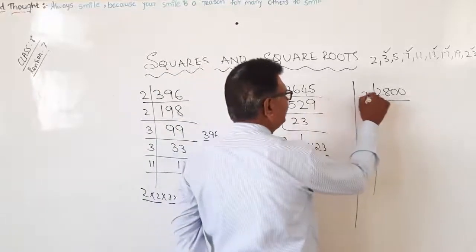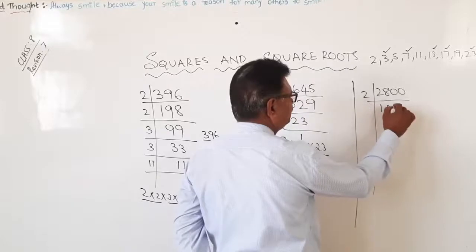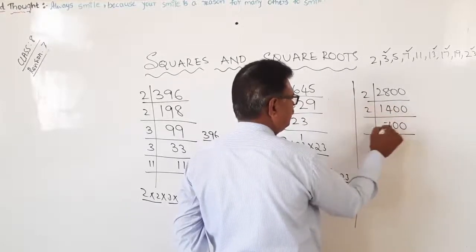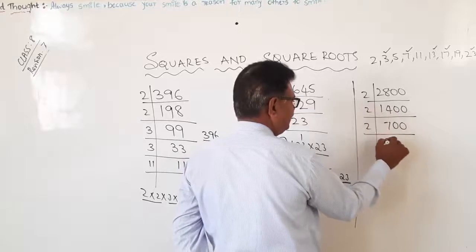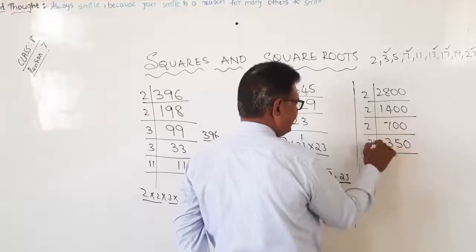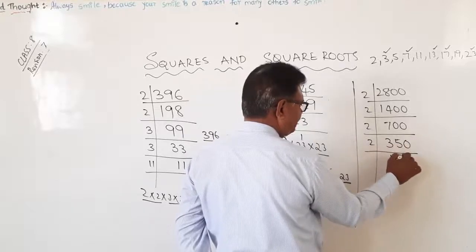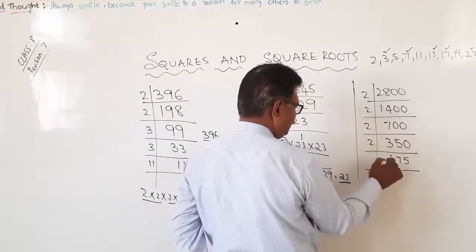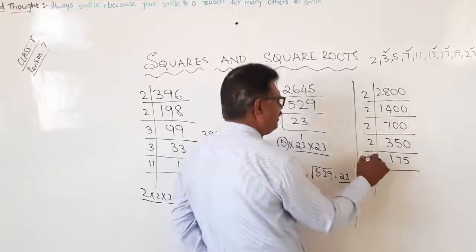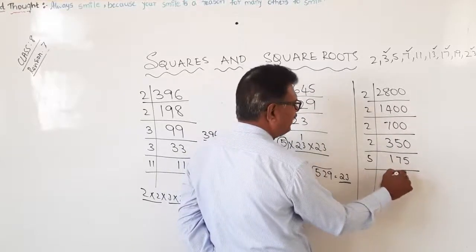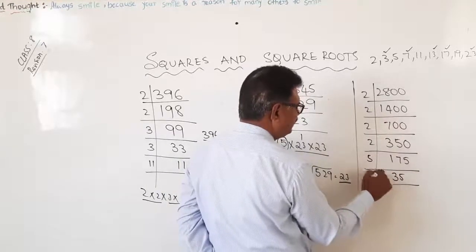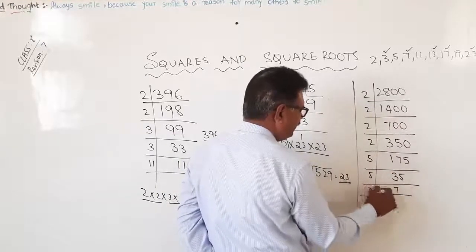Okay? Yes. 2 ones are 2, 2 fours are 8, 0 0. 2 sevens are 14, 0 0. Again 2 threes are 6, 5 tens are 50, 0. Again 2 twos are 4, 1, 2 sevens are 14, 2 fives are 10. Now 1 plus 8, 1 plus 7, 8, 8 plus 5. It will not go with 3. Therefore 5 threes are 15, 5 fives are 25. Again 5 sevens, 5 ones.